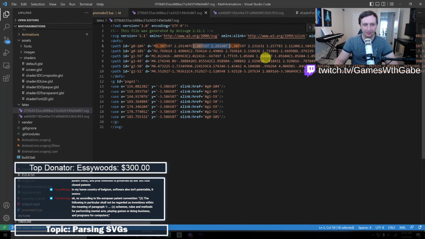Then we use that same point. And then this is point 0. This is control point 1. It's kind of backwards. And then this is control point 2. Which is a little weird.